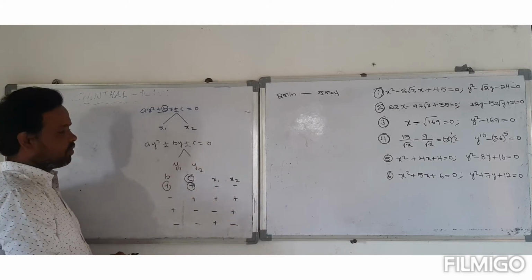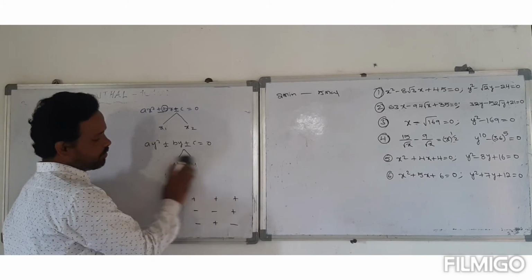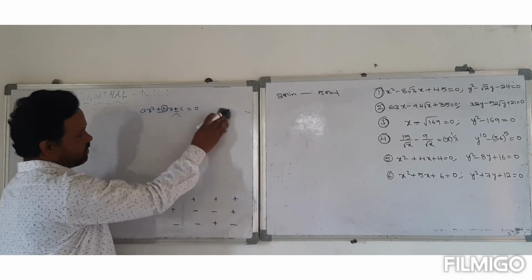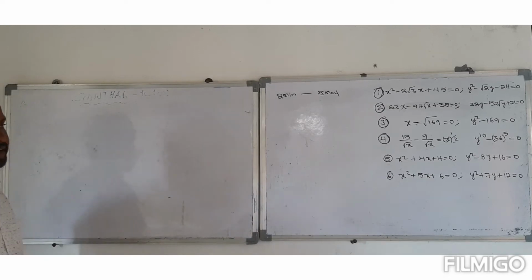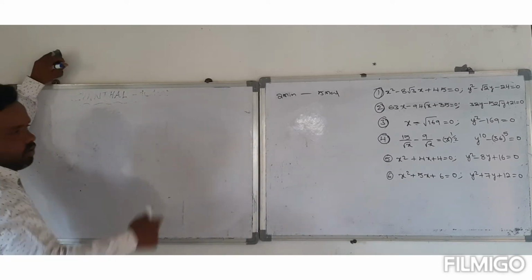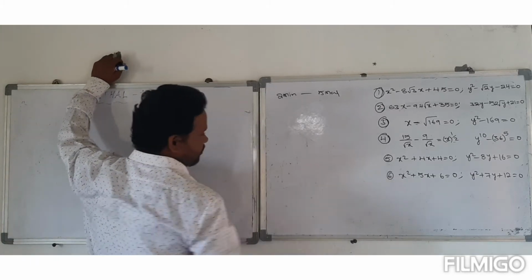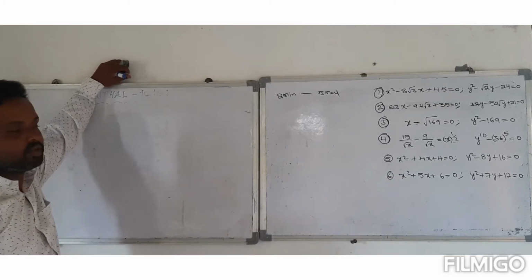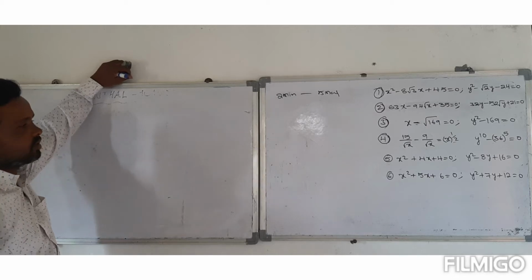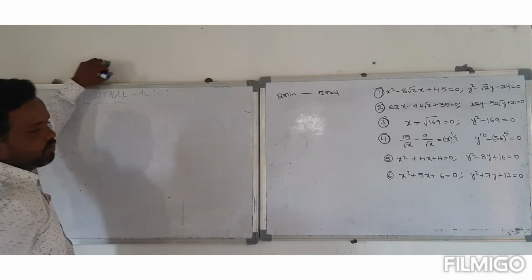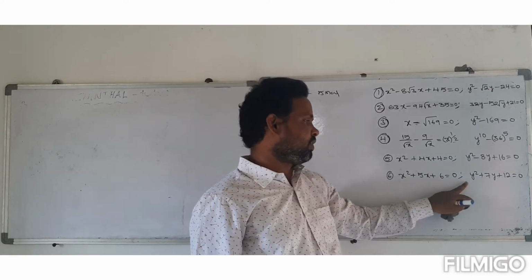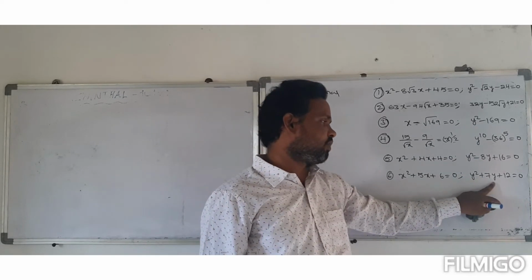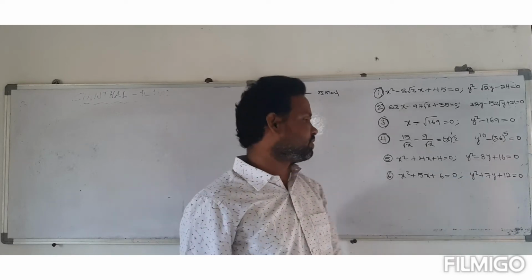Okay guys. Now we have entered into the topic. How can we find the roots of quadratic equations very easily? Now I am going to discuss question number 6. Just observe: x square plus 5x plus 6 is equal to 0. Next, y square plus 7y plus 12 is equivalent to 0.